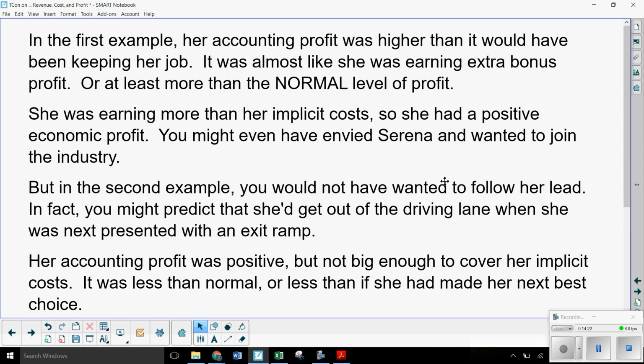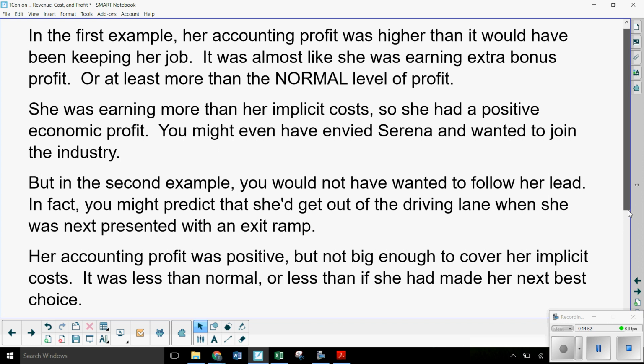In the second example, though, you would not have wanted to follow her lead because she was earning a negative economic profit. Yes, she had more revenue than explicit cost, but she was behind where she would have been if she had taken another course of action. And so as a result, when there's a chance for her to get out of the Uber driving situation, she's going to look for that exit lane and maybe go back to a job that pays her $10 an hour. Her accounting profit was positive, but it was not big enough for her implicit costs. It was less than